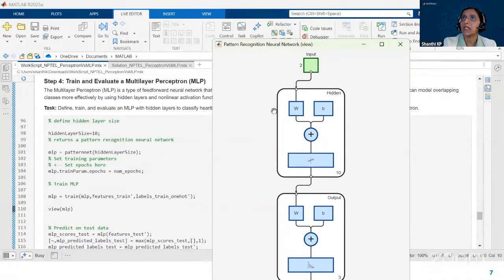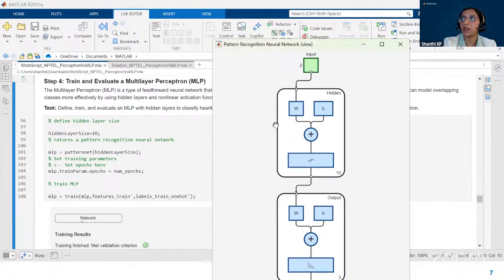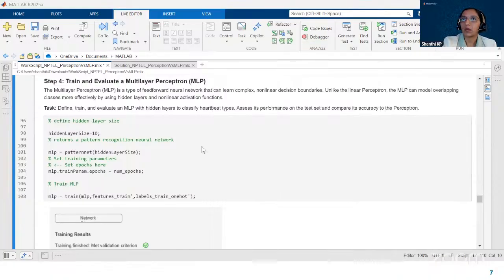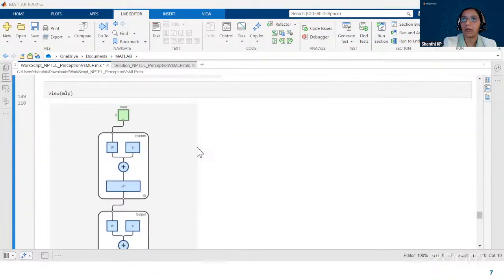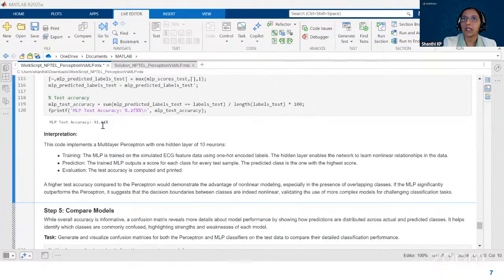This is the network model for a multi-layer perceptron, where you can see the presence of a hidden layer. We have considered only one hidden layer because that is what we defined for the MLP, and we have assigned 10 neurons to this hidden layer. Now let's analyze the testing accuracy for MLP. It is around 91.11%, which is pretty good accuracy for a